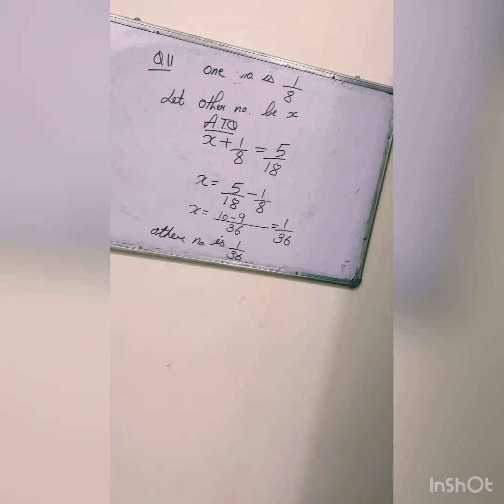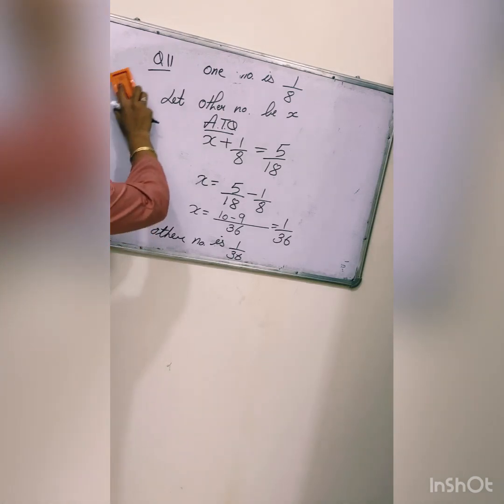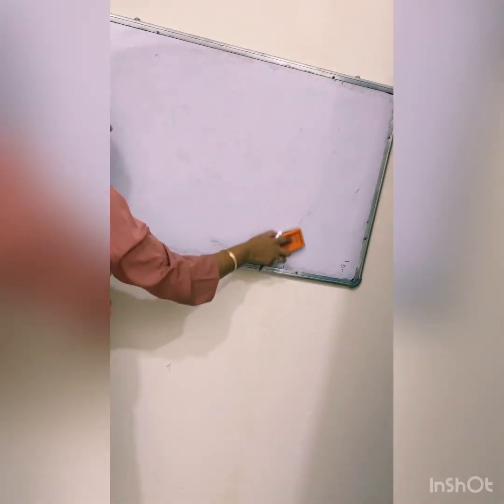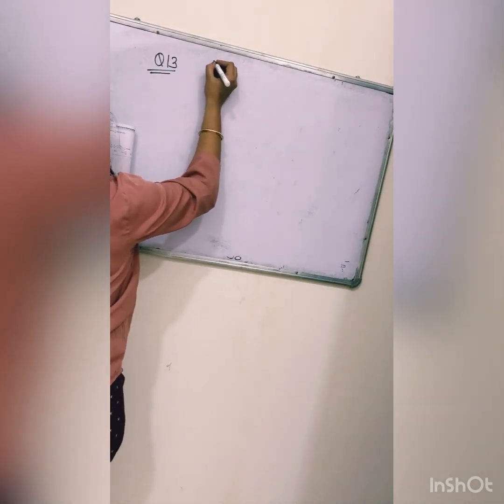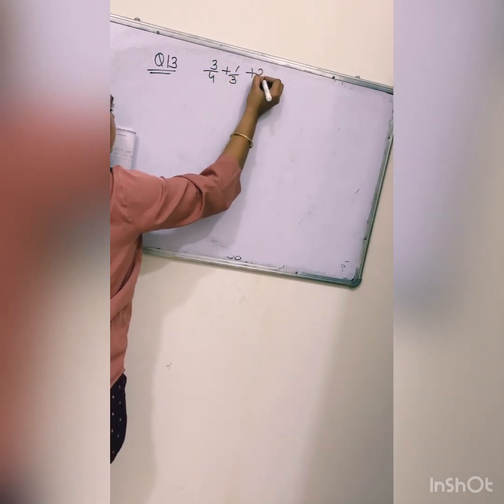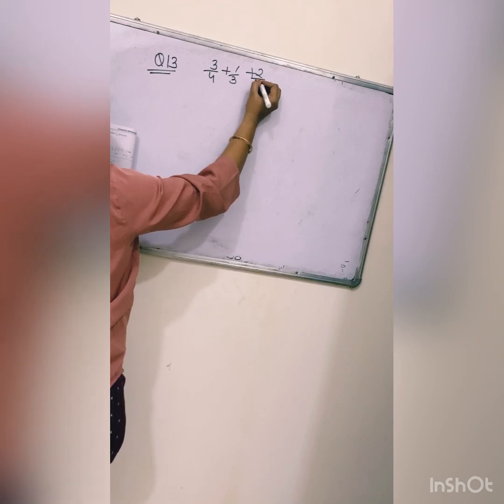Coming to question number 13, I'll explain question number 13. Question number 12 you are going to try by yourself. Question number 13 and 12 are almost the same. 13 is a little bit more complicated than 12, so I'll explain 13 and you try 12 by yourself. What should be subtracted from 3 upon 4 plus 1 upon 3 plus 2 upon 5 to get the answer